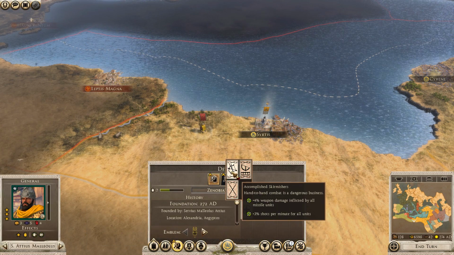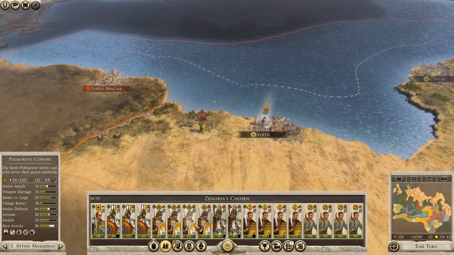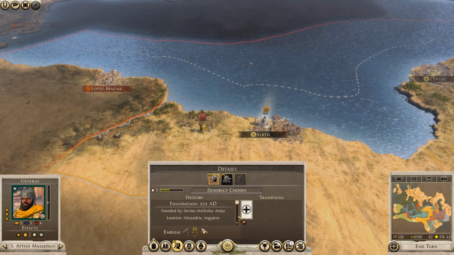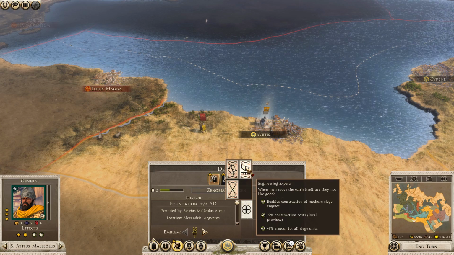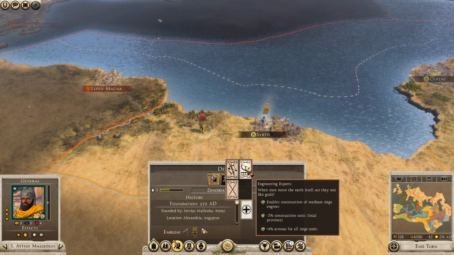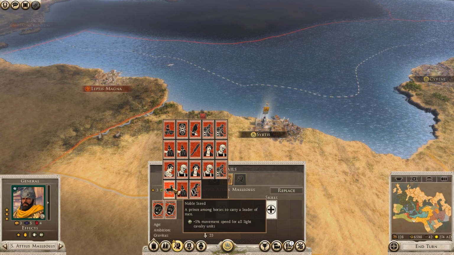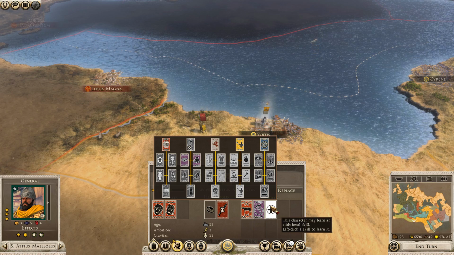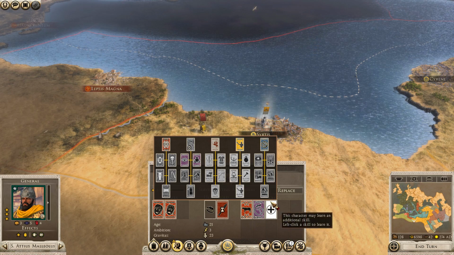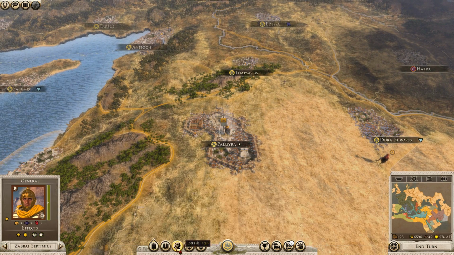They're up in Asia. But, all right, so I think you have a lot of spearmen, don't you? You've actually got a decent mix. Yeah, you are sieging a lot of cities right now, so let's give them engineering experts so that they can construct medium siege engines. Household bonuses. Let's go ahead and give them a melee attack bonus because there are sword units in this army. And then finally, this general. Let's see, a lot of my other generals have...